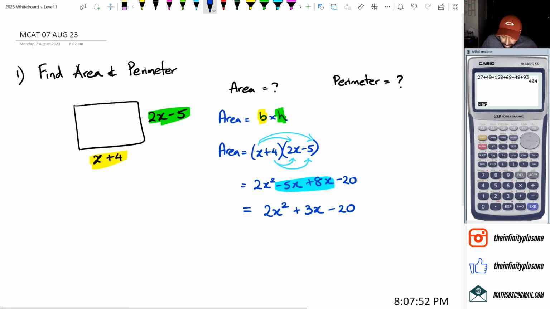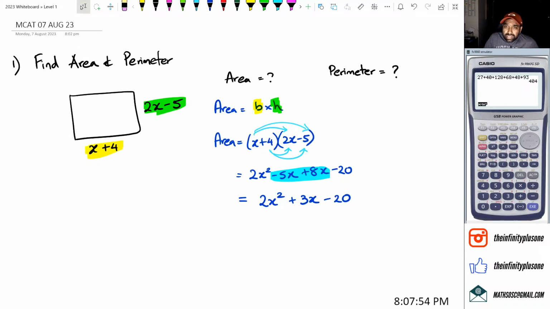Now when we look at the perimeter, remember that perimeter is actually adding the borders. So we actually want to add this plus this side, and plus this. So basically what we have is